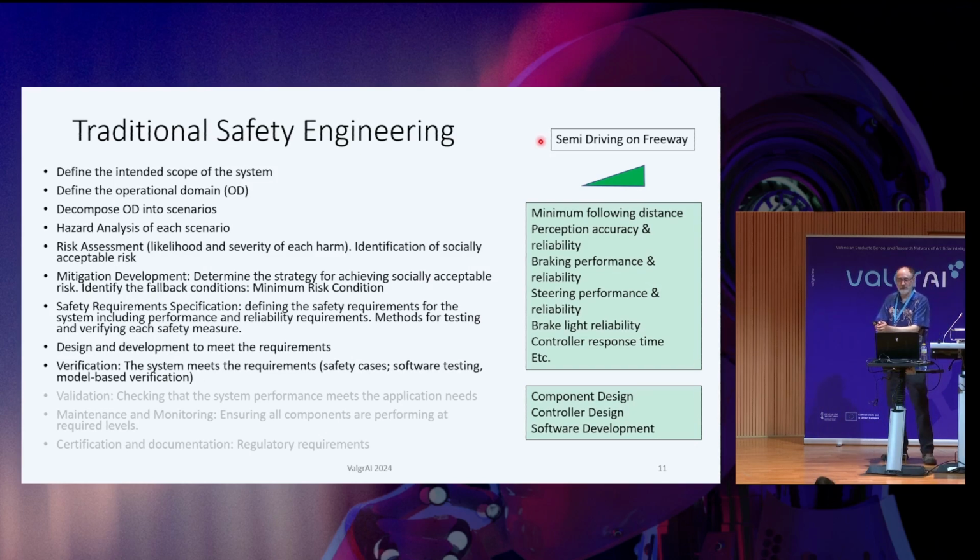Once we finish that design and development, we then need to do verification, which is to try to prove to ourselves or gain confidence that the system we have built meets the requirements, the safety requirements, and of course the functional requirements. And that typically involves some combination of testing, possibly verification, particularly for computer hardware now, like circuit design. Most of those are fully verified before they're manufactured. Software is more challenging, and there is a methodology called safety cases, where you put together carefully reasoned evidence for why you believe a particular component or subsystem is safe.